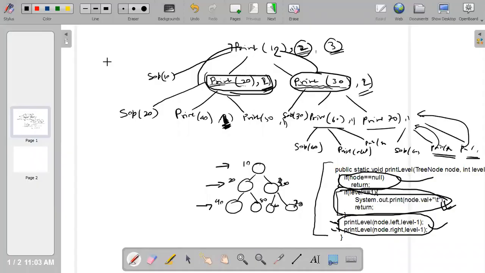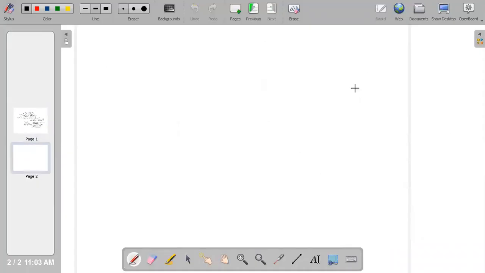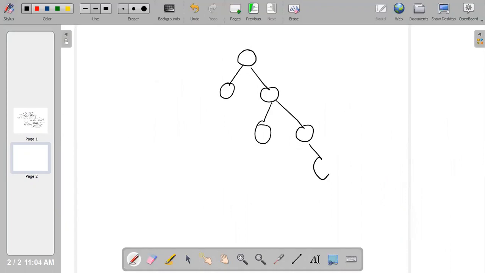Okay, so the next problem is: you have a tree, something like this. If I am the person looking from here, all nodes will be visible to me directly.